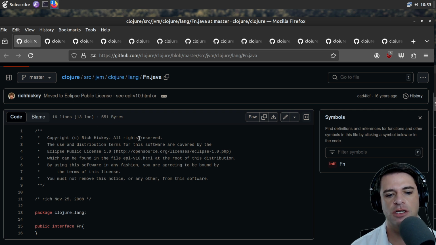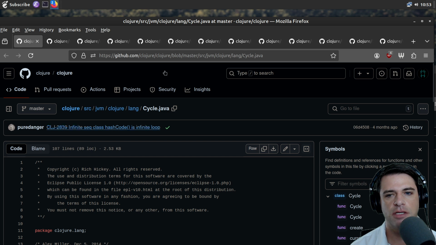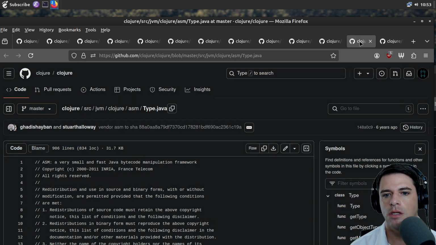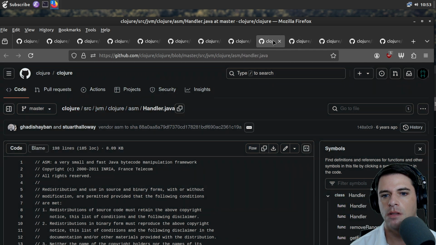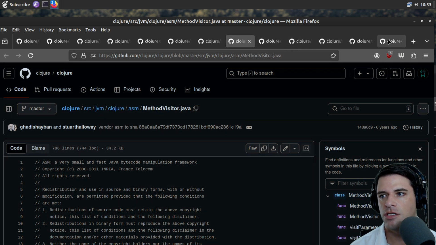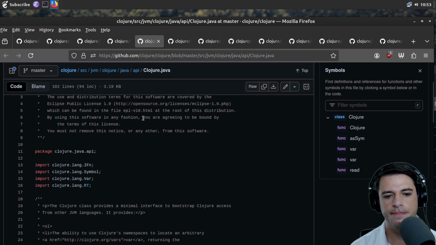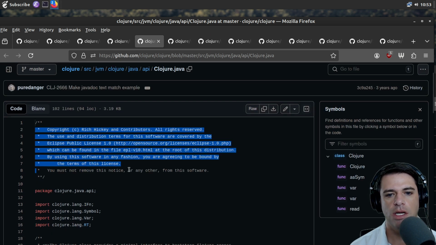Okay, so here's function.java. There's nothing. It's a public interface. It has no constraints. Cycle.java. Actually, let's start with, I thought Clojure.java was down here somewhere. Here, let's start with Clojure.java. We get this copyright comment.